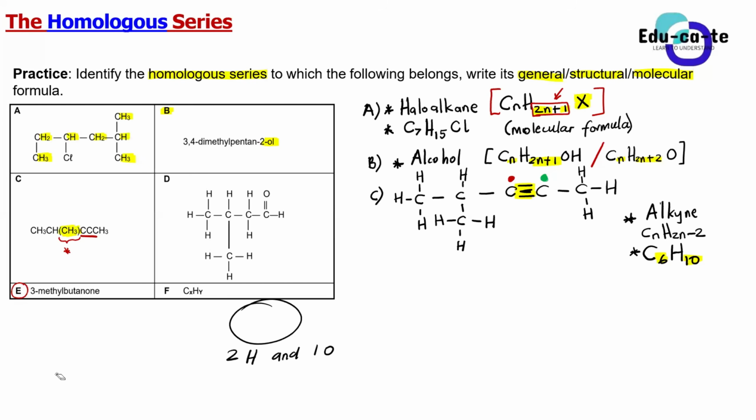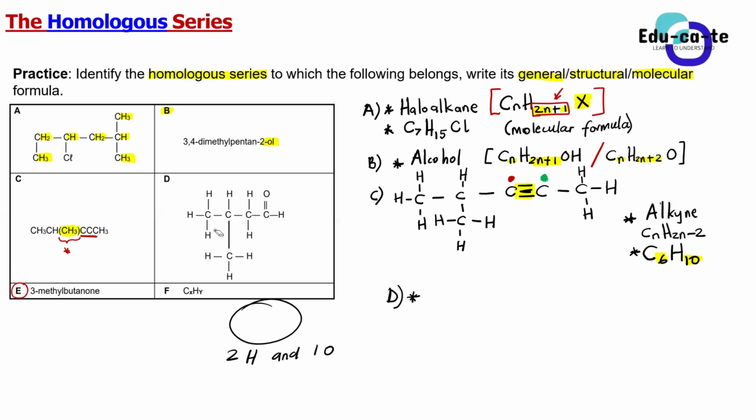And let's go to D. For D, because we are given a structural formula already, we don't want to complicate things. I want you guys to tell me what is the homologous series of compound D. Look at the compound properly and try to find what is the functional group that is present in this compound D. Then after finding the functional group, you can tell us what type of compound this is. I told you the functional group of each and every compound, all the way from alkanes until esters.